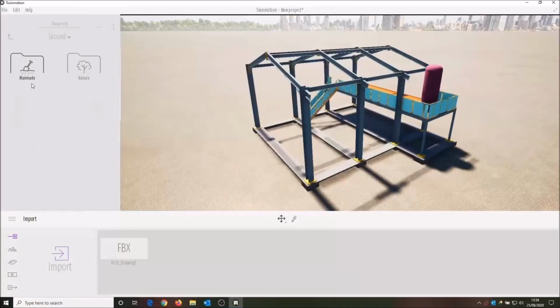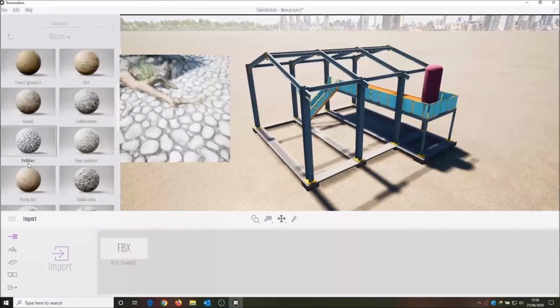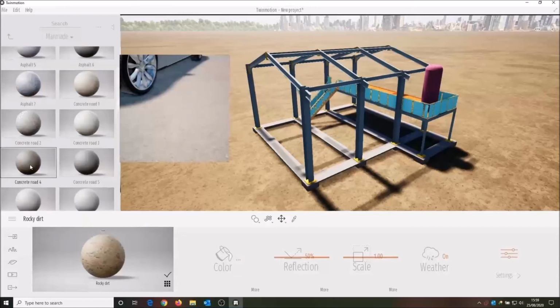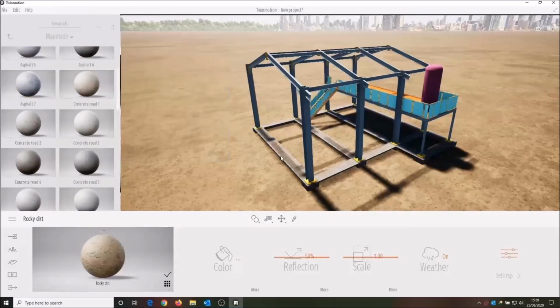So go up to the top left, you've got the little arrow, and that accesses your library. So you can choose different categories here. I'm going to choose different ground, so I'm going underground, man-made, and I'll choose something here like a nice muddy field, typical building site, rocky dirt. Or maybe for the concrete beams, I'm going to choose concrete road. If I drag that onto an object,